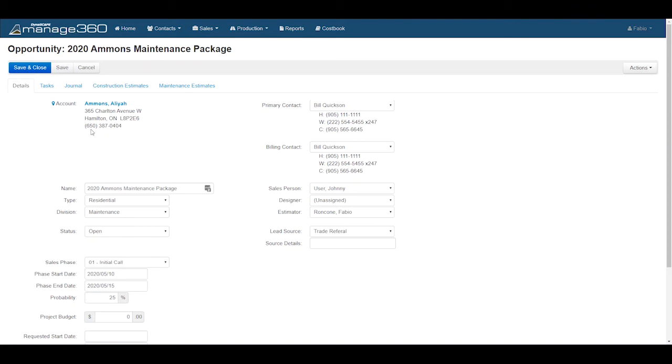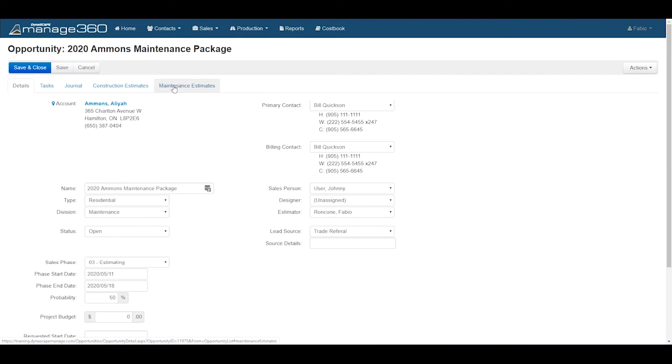Now I'm going to make the estimate from here. Again, this is just part of the process. You can give it a different name. I'm just going to change the sales phase as part of the typical workflow in Manage. We'll say we're going to estimating, click the save button, and then I'm going to go into the maintenance estimates tab. Again, there are other things you can do. You can change other information as well, but I want to just jump into the maintenance estimates tab there from